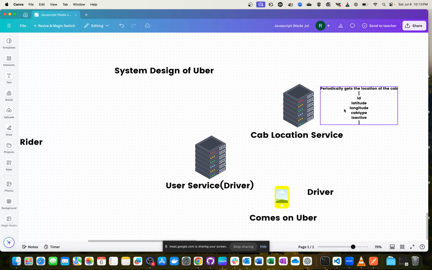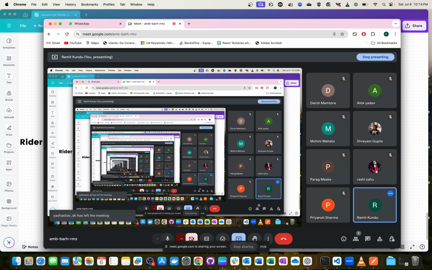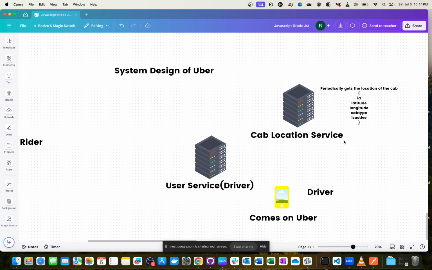But so now when you talk about this table, how do you think this cab driver is going to communicate this latitude and longitude, right? From what I can understand, he's going to periodically, like every minute or something, broadcast this information, right? So what would be a good protocol for doing this? WebSocket. Yeah, exactly. That WebSocket, because if you were to do it via HTTP,